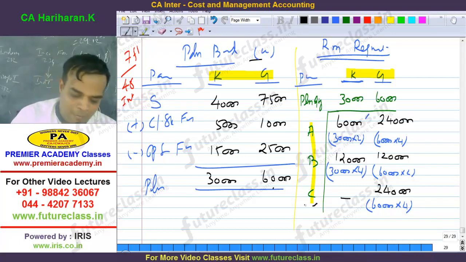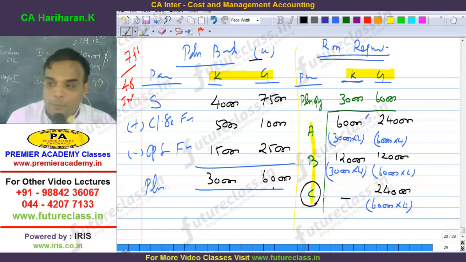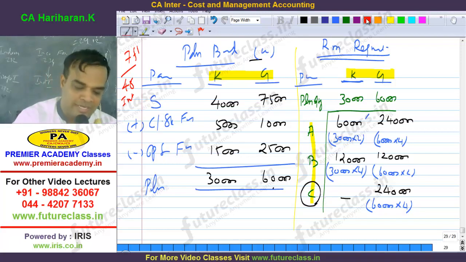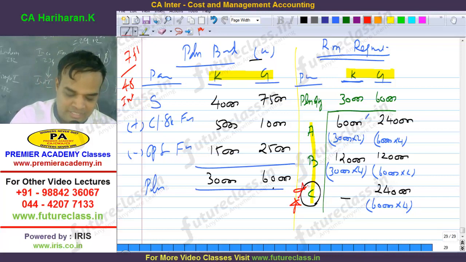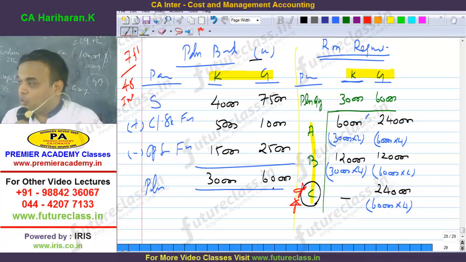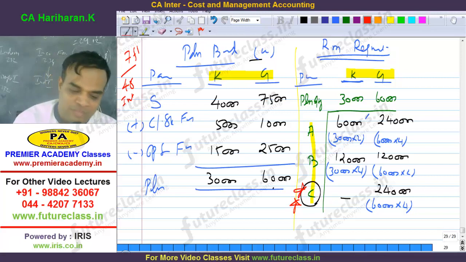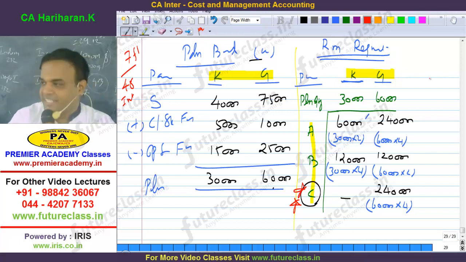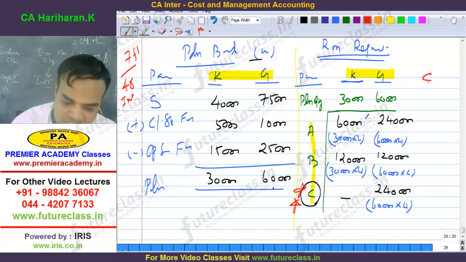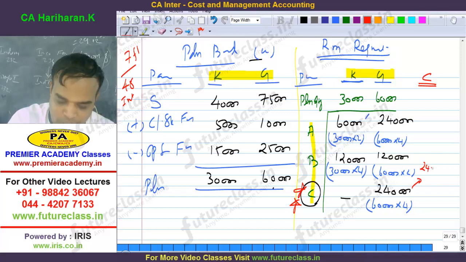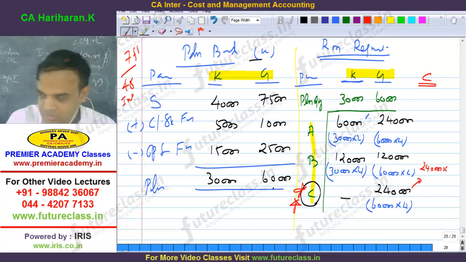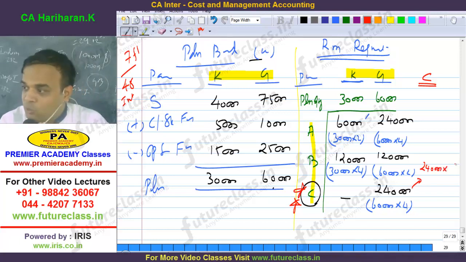Now raw material C we are going to produce out of B. That is a speciality in this question. Full attention with respect to raw material C, sir. We are not going to buy it, we are going to produce it. Therefore, we are preparing how much we need. Therefore, C out of B we are going to produce, so you need 2,40,000 kgs of C.